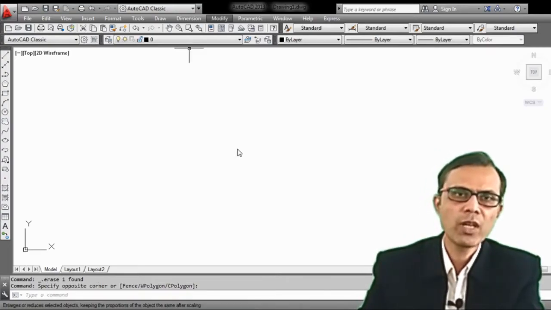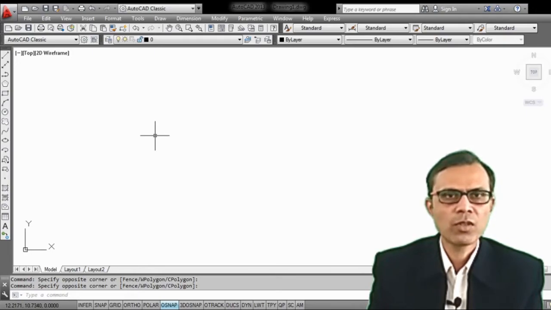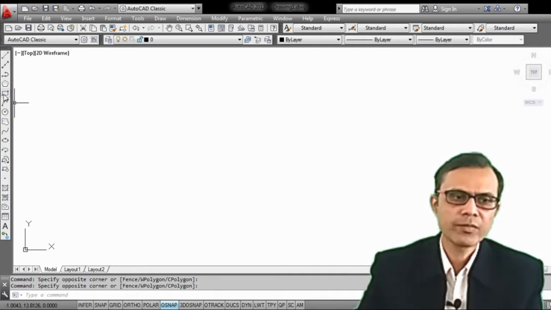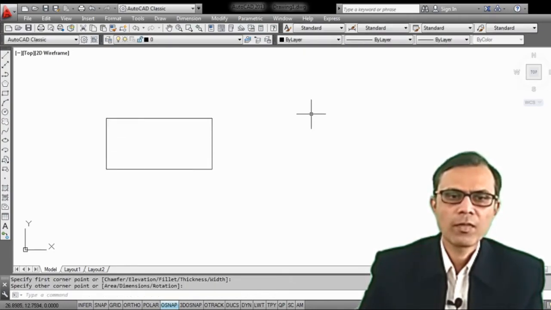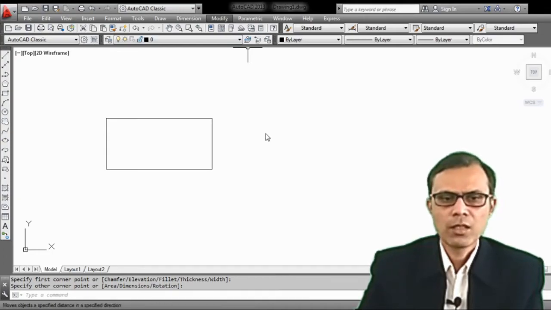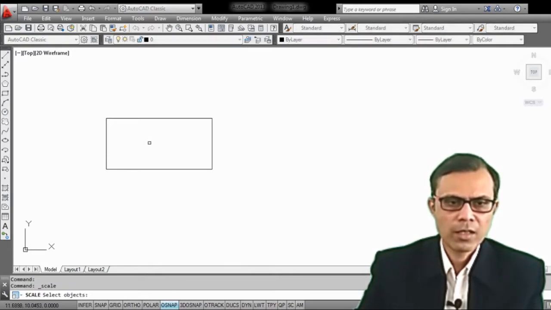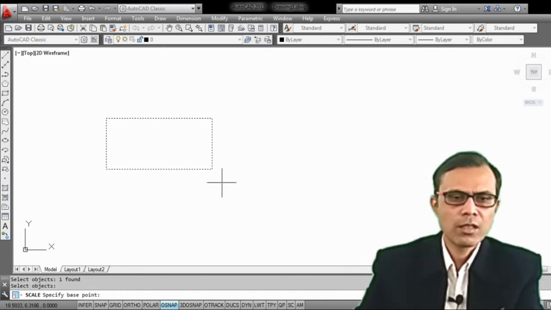Then next type of modify command is scale command, which is used to produce either an enlarged size of the object or to reduce the object up to some extent. So first we take one reference object, this rectangle, and now operate this command from the modify menu, scale command, select the object, then press enter, specify the base point. So here base point I am specifying,